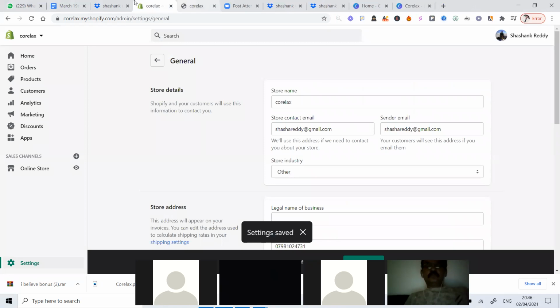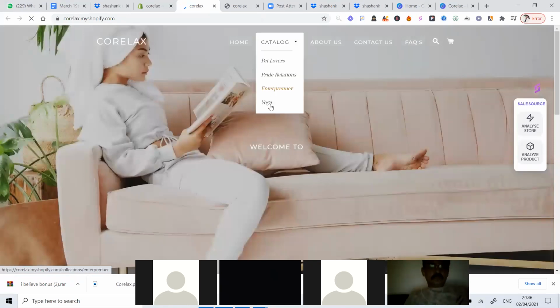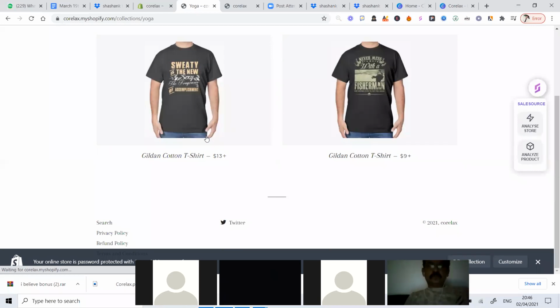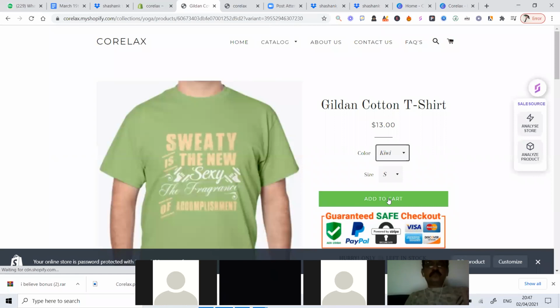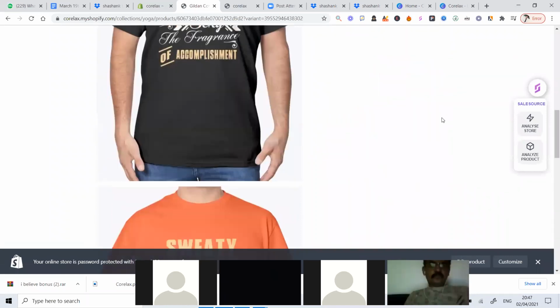Now let me go ahead and check this out. Now you'll be able to see it in US dollars. Catalog, yoga. So you are getting it in dollars right now. See, $13. If you wanted it in Kiwi, and in the size of 2XL, just go ahead and pay $21. Perfect.